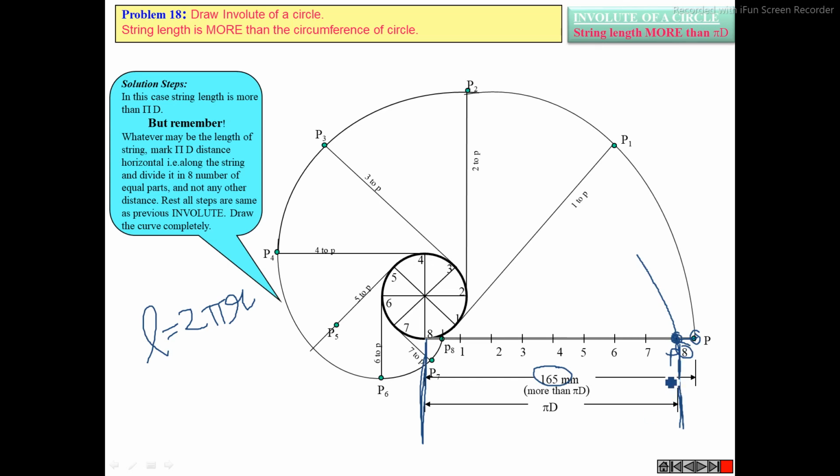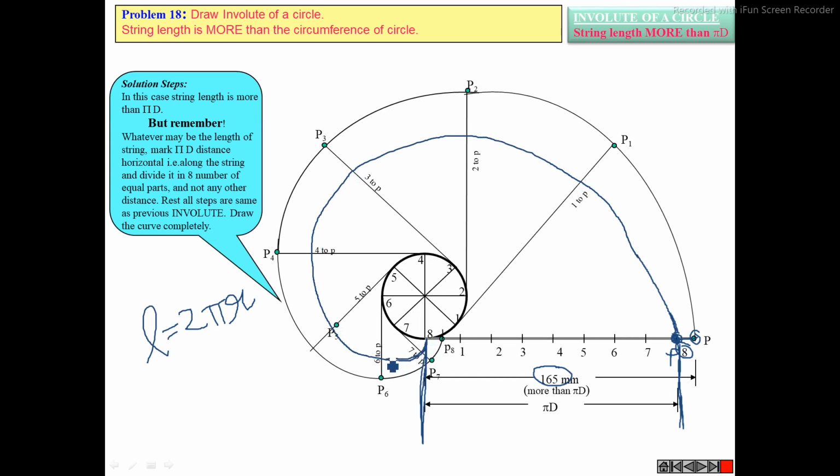So my curve will start from this point, not from this point. Say suppose I tell you that in the same diagram you compare. How will you compare? My curve will start from this point. Correct? Yes, sir. And where will it end? Tell me the ending point in the previous, first case. At point 8 of the circle, correct? Yes, sir. That means like this.